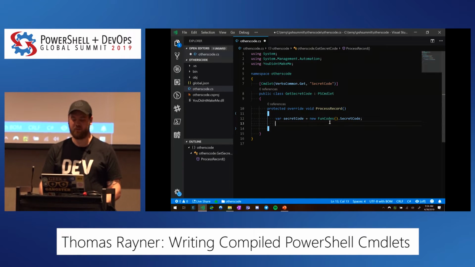Everybody relatively clear on where this FunCodes thing came from? That's not native C#. It's not part of the PowerShell stuff. I got that from You Didn't Make Me, and I'm just loving the naming convention that my in-house development team used for it. And so now, this was really simple in that it's not doing a whole lot. It's just accessing that DLL